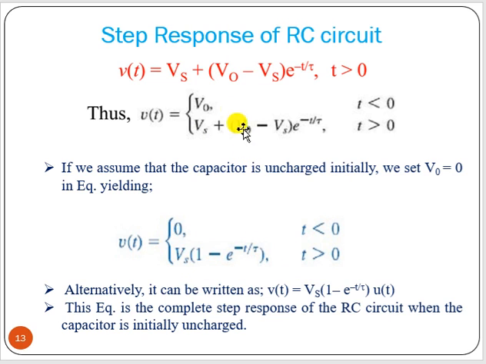And if you remember, if you say that the final value Vs is 0, then the discharging equation is V0 e to the power minus t by tau. That you have already seen in the previous lecture. That is, the discharging equation is Vt equal to V0 into e to the power minus t by tau if we put Vs equal to 0, and if we put V0 as 0, then the charging equation is Vs into (1 minus e to the power minus t by tau).